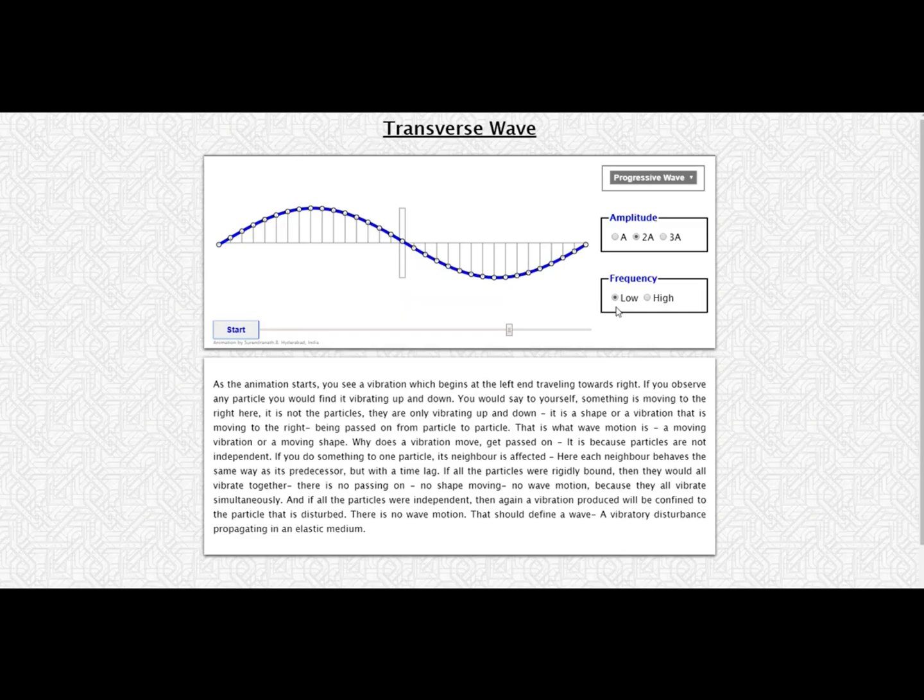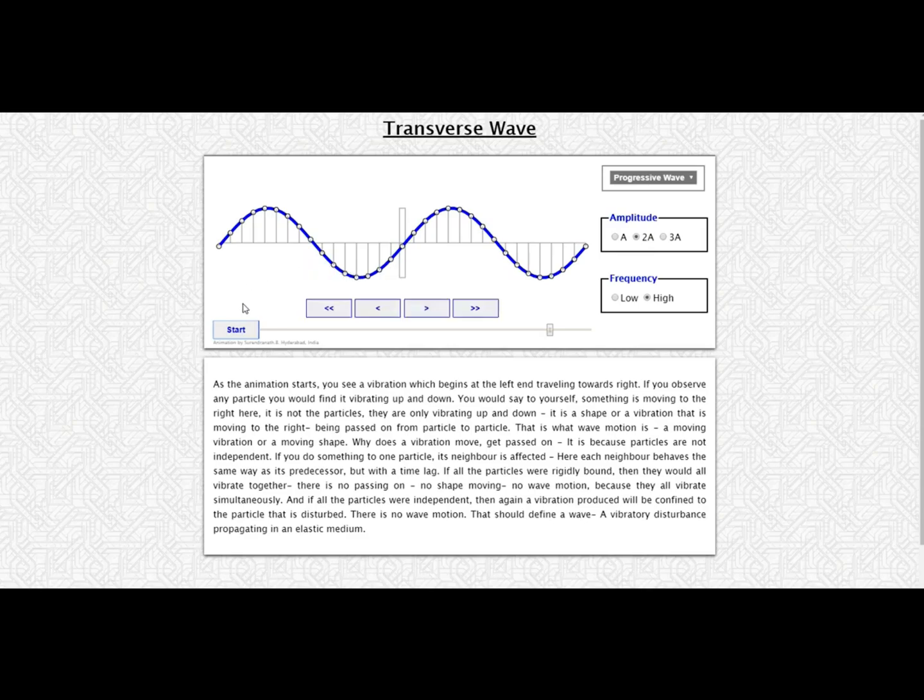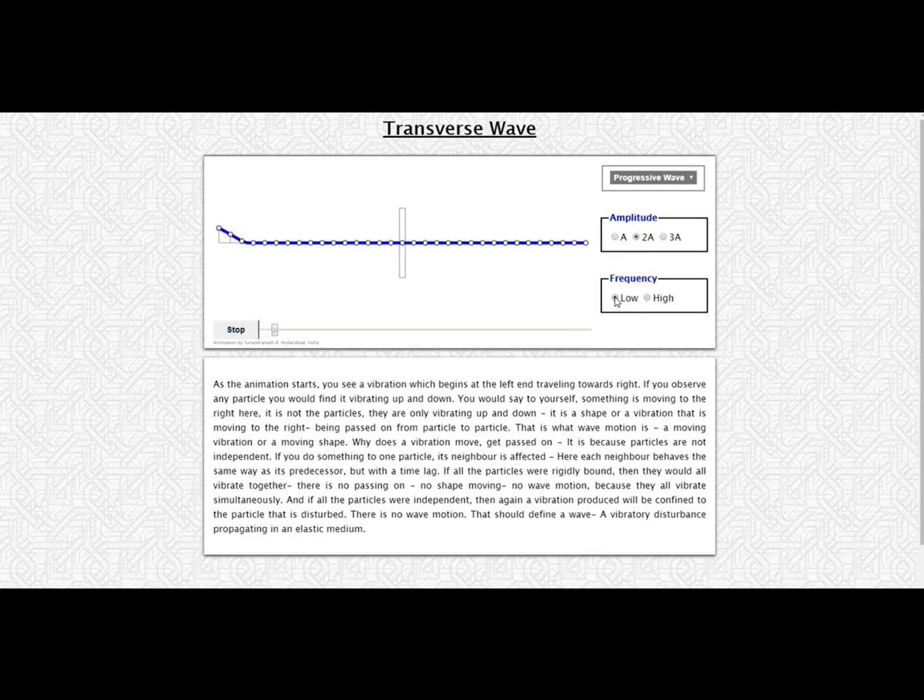Did you see what happened to the wavelength when I went to high? So here goes to high, and this is going to test my coordination a little bit. See how I do? Not too good. Let's try that again. All right, pretty good. Do you notice how the wavelength now is only half the screen? It's half the wavelength. So the wavelength decreased by a half. We doubled the frequency and halved the wavelength, like an inverse relationship.